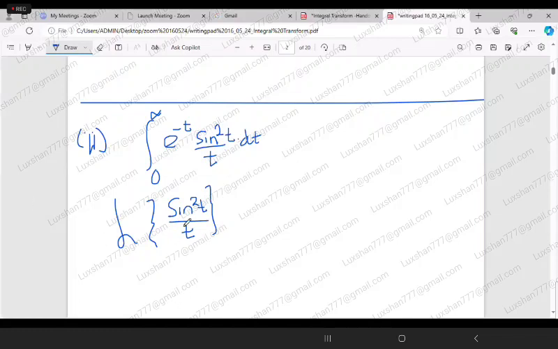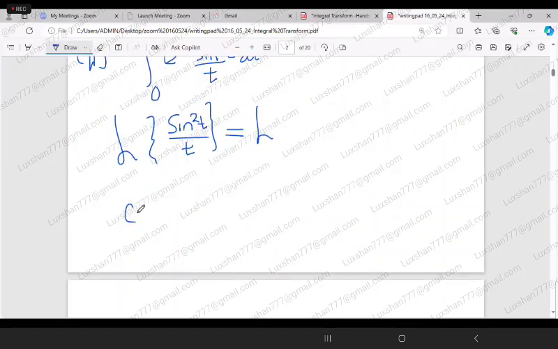So how to find the Laplace transform for this one? We have squared here. If you have squared, what can you do? Then this is the same as the Laplace transform of what? You have to express cos 2t first, no? So cos 2t is equal to 1 minus 2 sin squared t, isn't it? Therefore, you can write this as